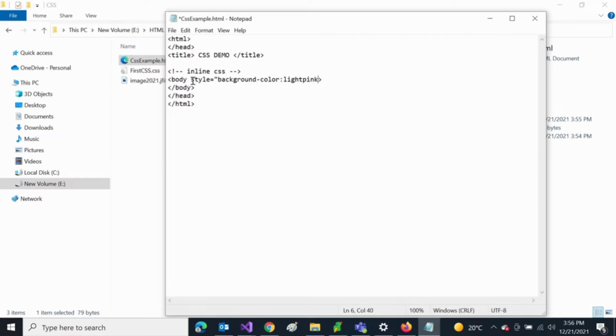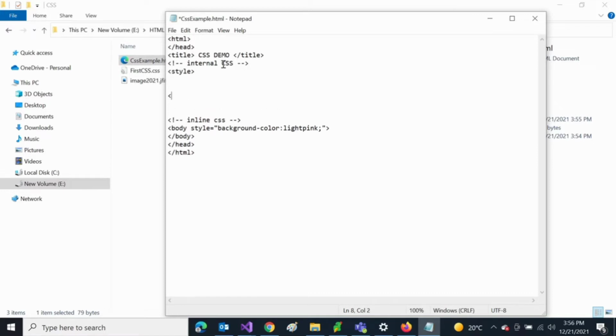If you write the style inside the various HTML body, div, p, anchor, span, etc., then that CSS will be known as inline CSS. So we have written an inline CSS for that.